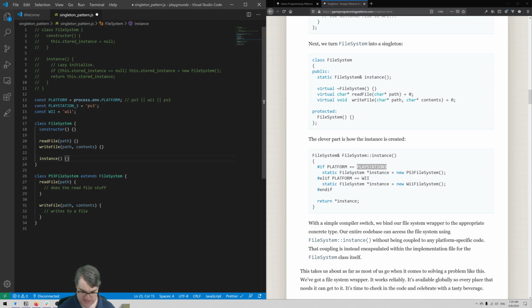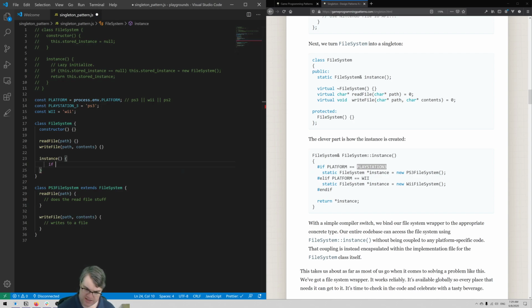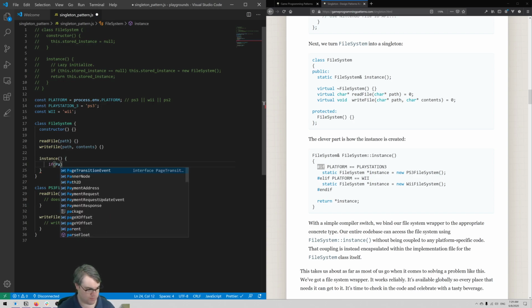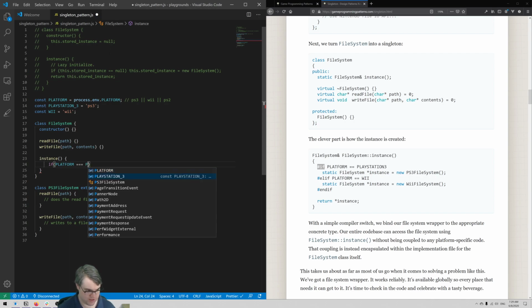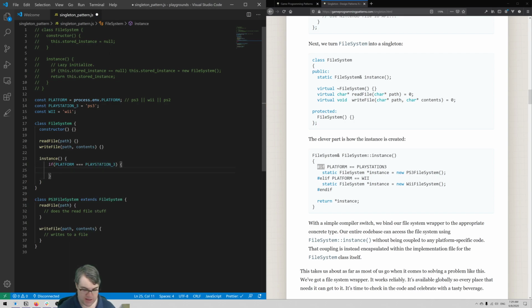And so then here in instance, we're not taking anything in. It's just going to be aware of these constants that we have here for us. The hashtags in front of them are weird because that makes it look like a comment, but I guess this is how ifs are done in C++. Okay, so if our platform is exactly equal to PlayStation 3, then